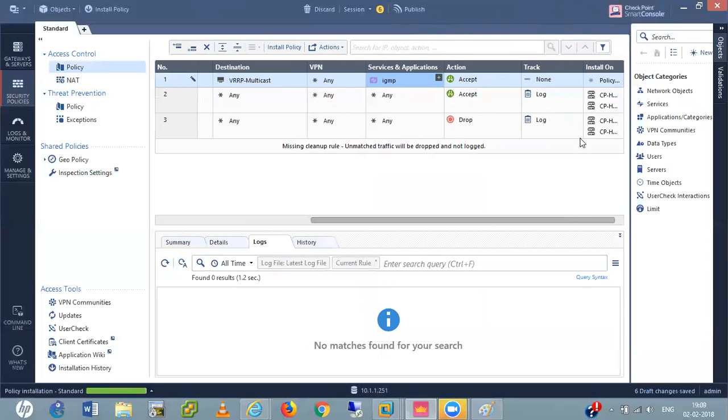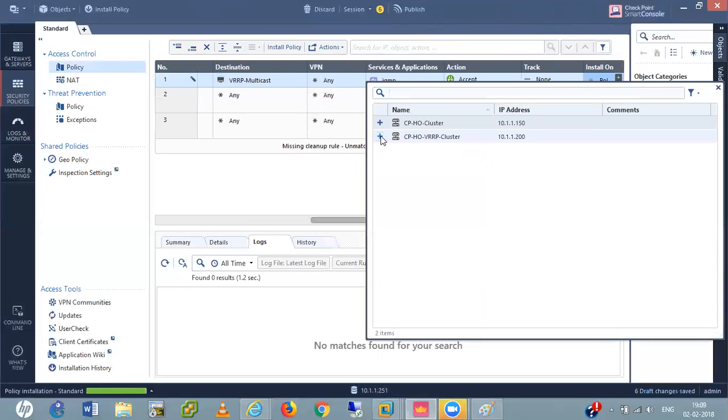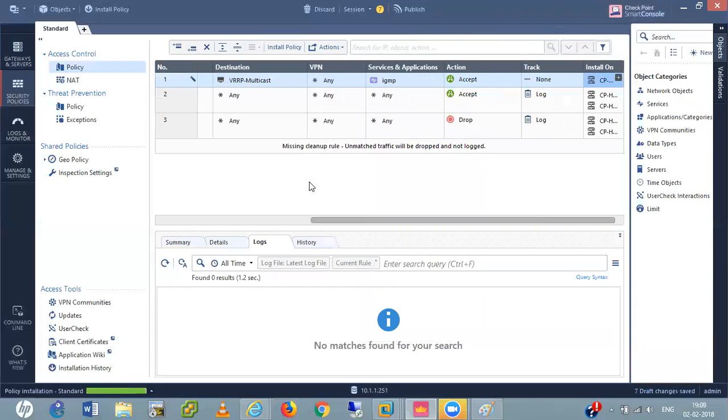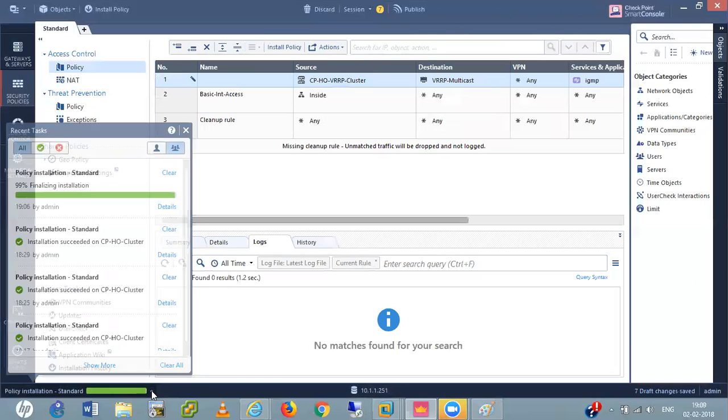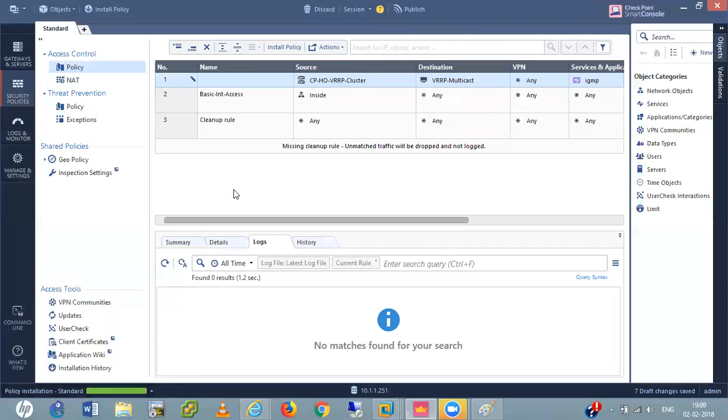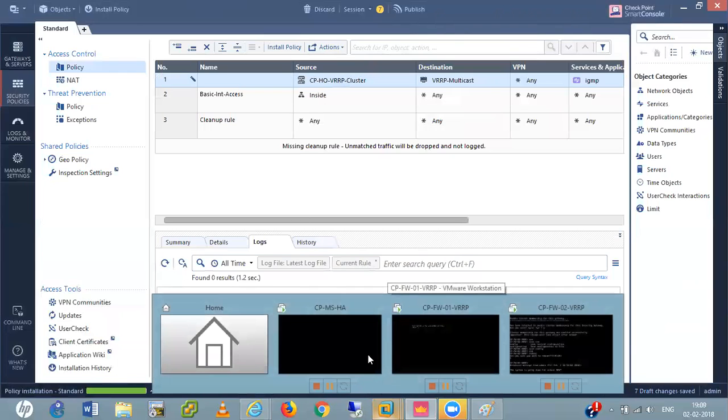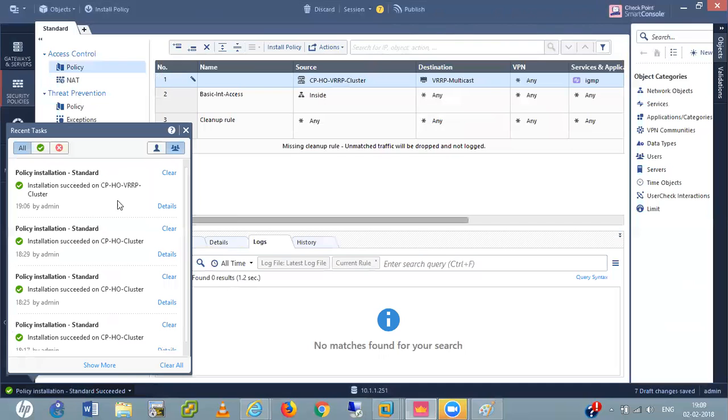And I install this policy into this cluster only. Not on other clusters. So let the policy installation finish. It is at 90% now.